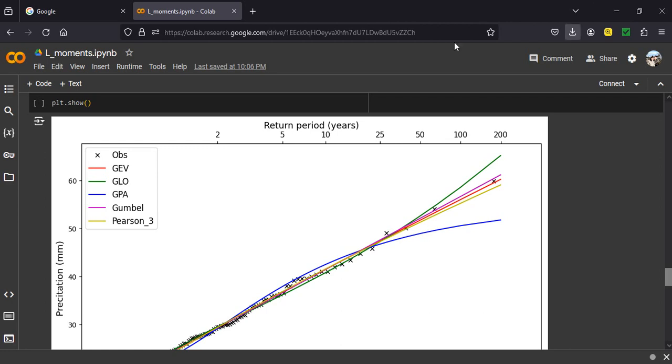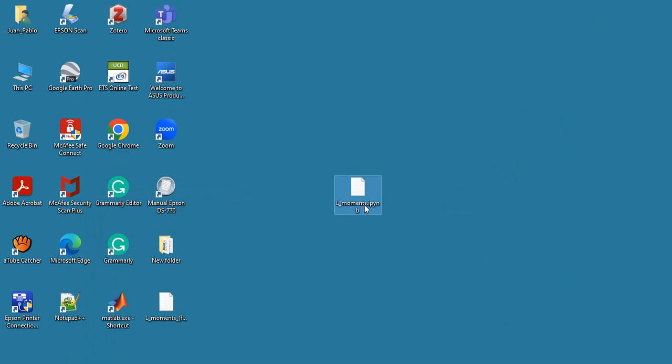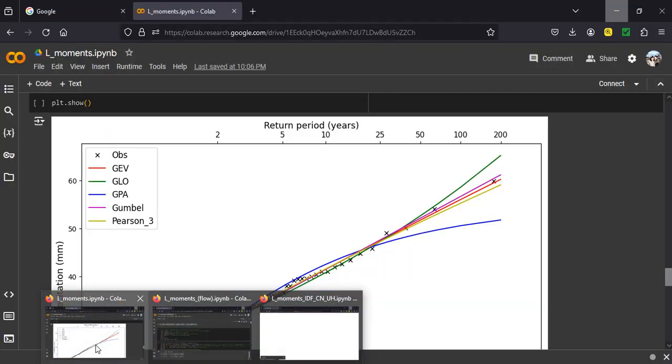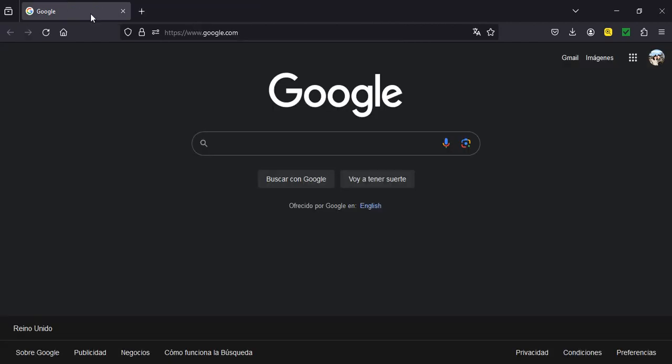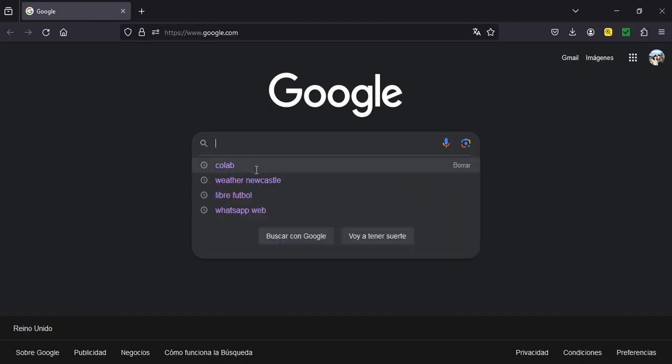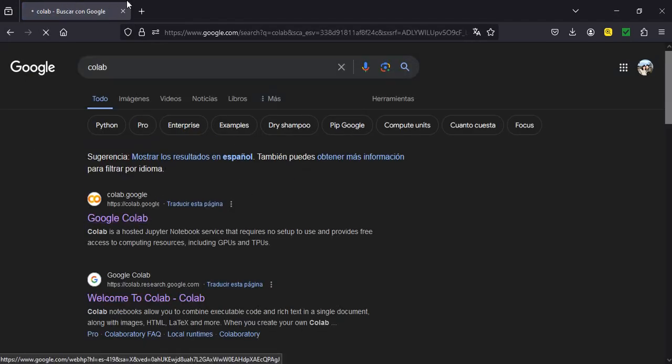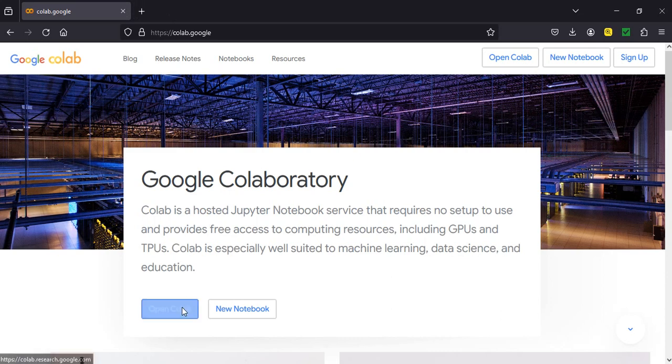Okay, this is a Python model, in fact, which is called L moments, an IPYNB file, which is an extension for Python. You can also open it in Jupyter if you already know some Python, but I will use Colab, so you can use it just with internet. You don't need any software, you just need a Google account, which everyone has. Just search for Colab, and then use Colab, right? So you just have to open Colab